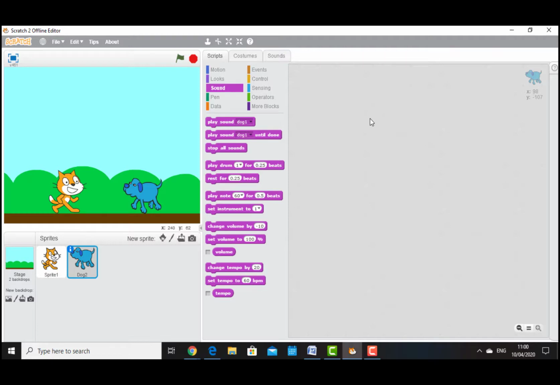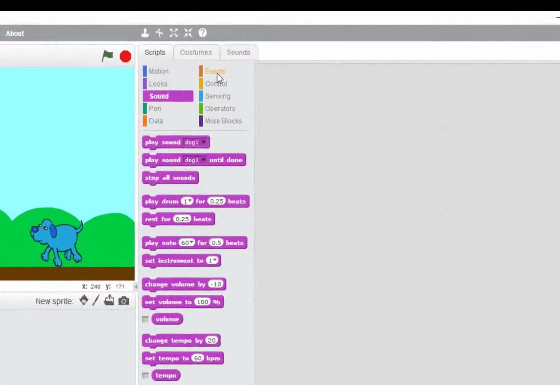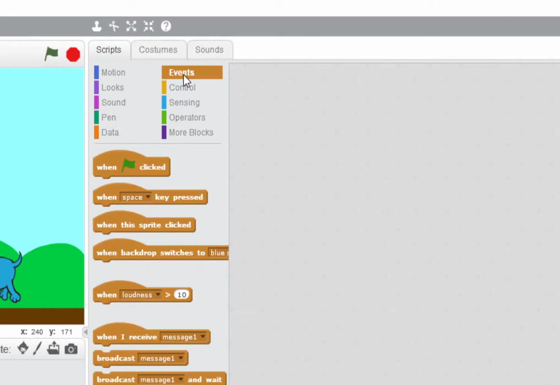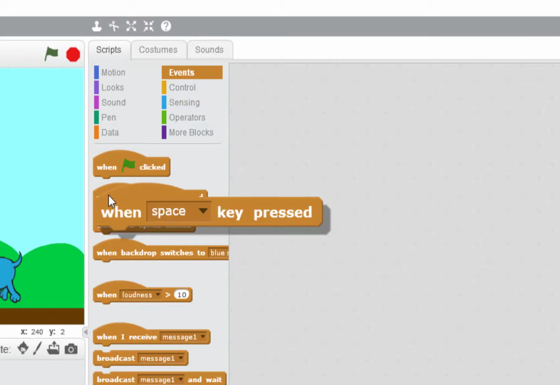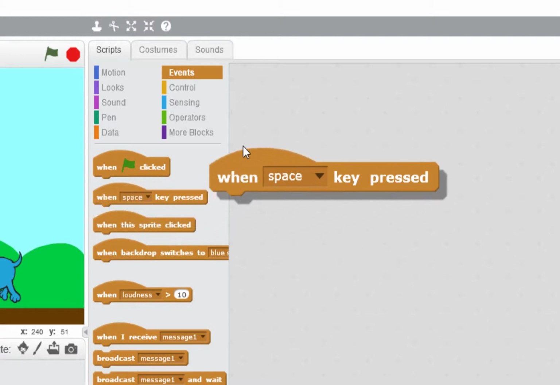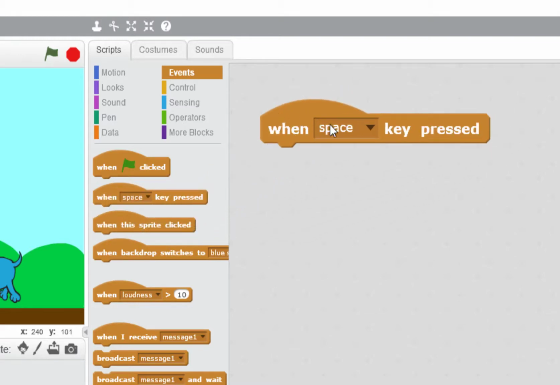So let's get started. The first block of code we need is an event block. So we need an event block to tell the computer when we want the dog to do something. Last time we used the space key for the cat. So let's take that out. Now, if I was to use this,